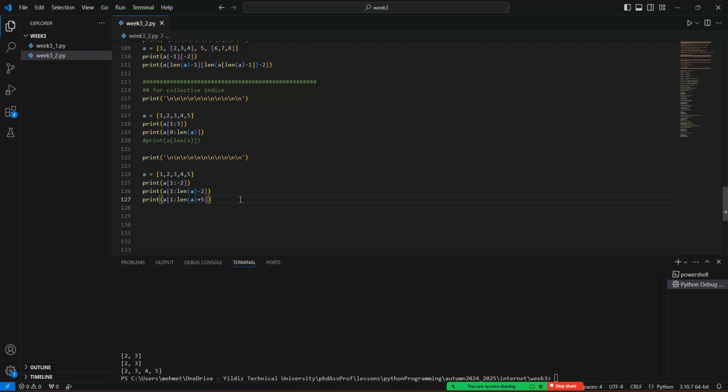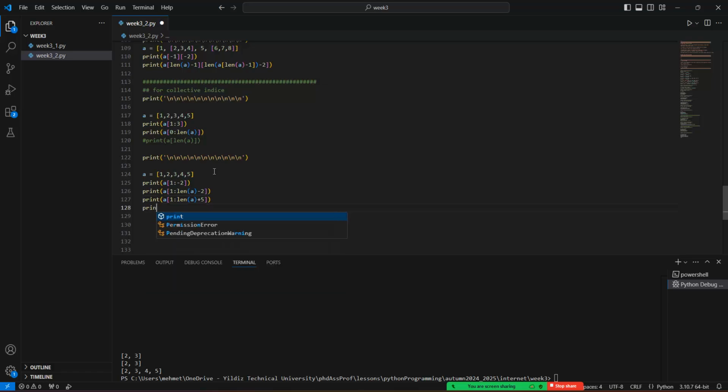Just see that in the collective index, we don't have any boundary conditions at the end of this code or at the beginning of this code. Okay? If we have collective index 0, 1, 2, 3, 4 for the 5 elements, we have the 5 index,